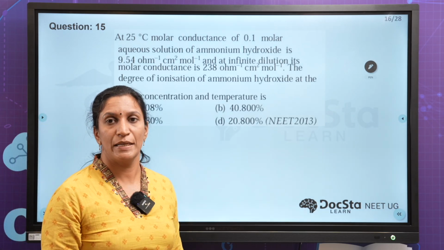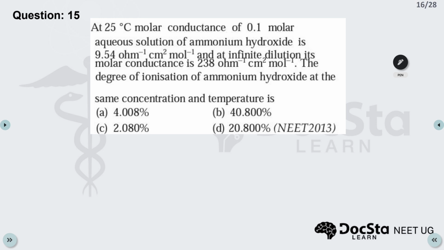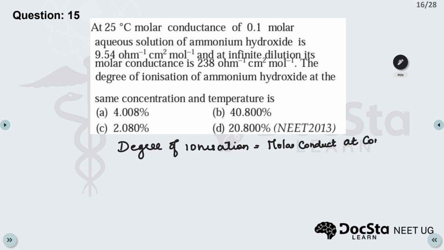For the formula, you have to know this: the degree of ionization is given by the molar conductance at concentration C, that is, at a particular concentration, divided by